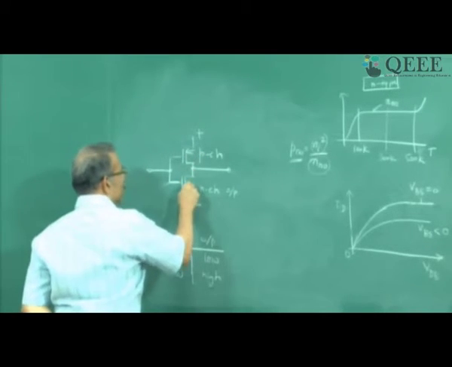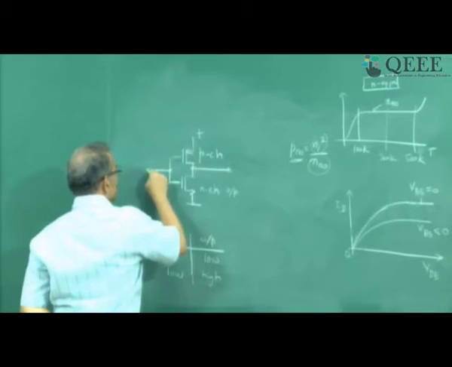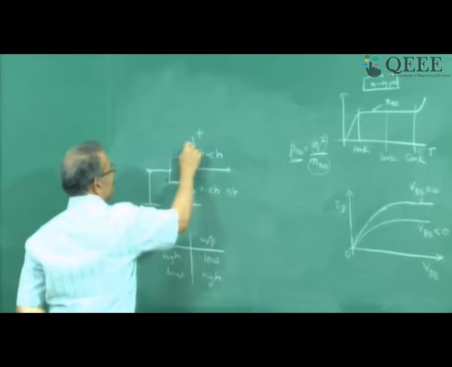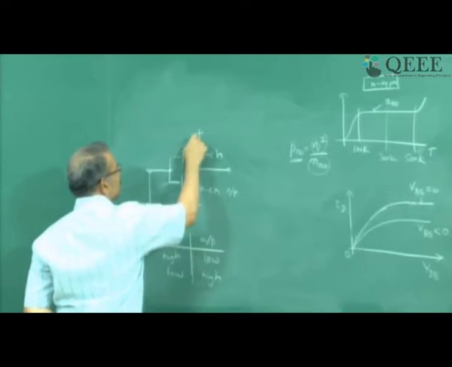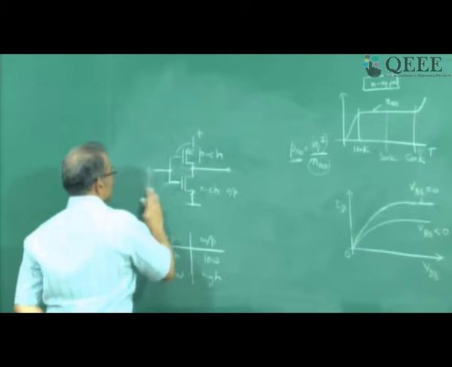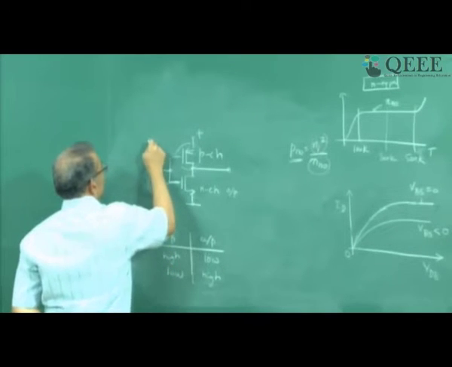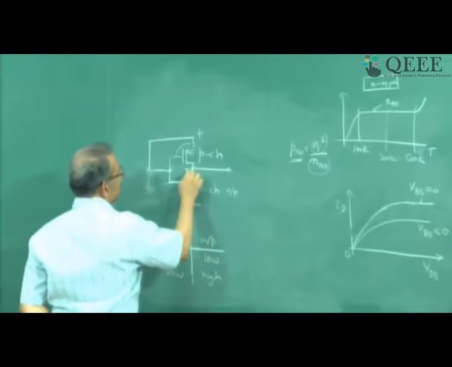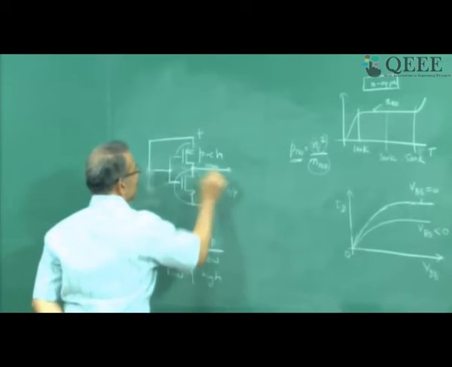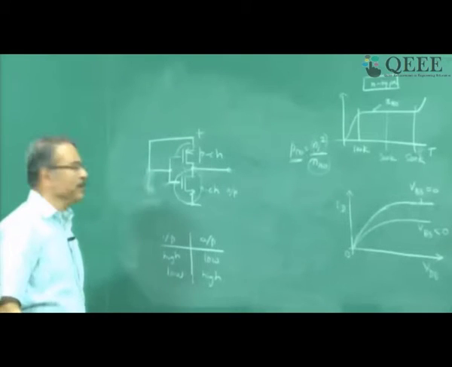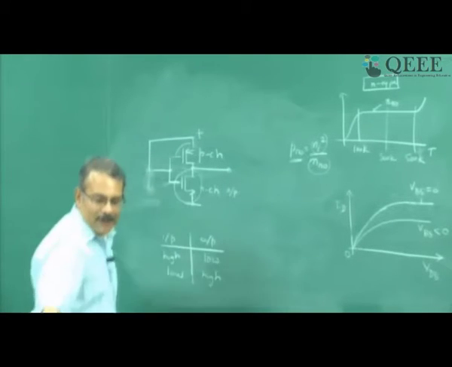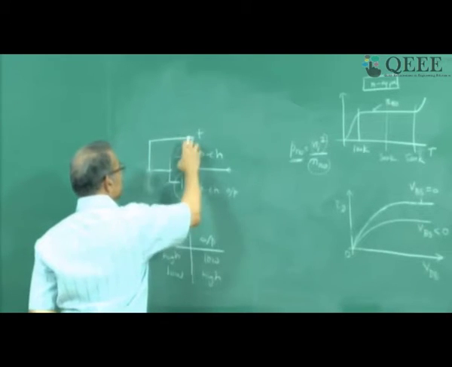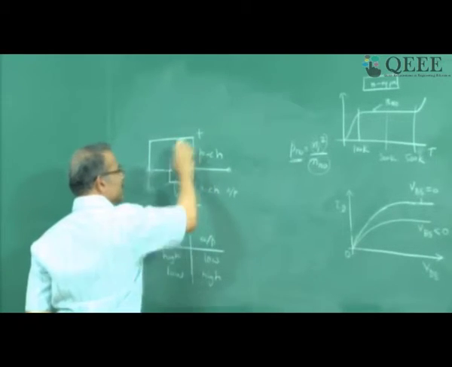When this device is on, this is off, this is complementary. So if I short this input, this device will be on and the output will go to this. And if I connect it to positive voltage, that is if input is high, then this device will be on and you will get 0. The advantage of this, so here what is happening is, depending on the voltage, any one device is off. So when one is on, the other is off.